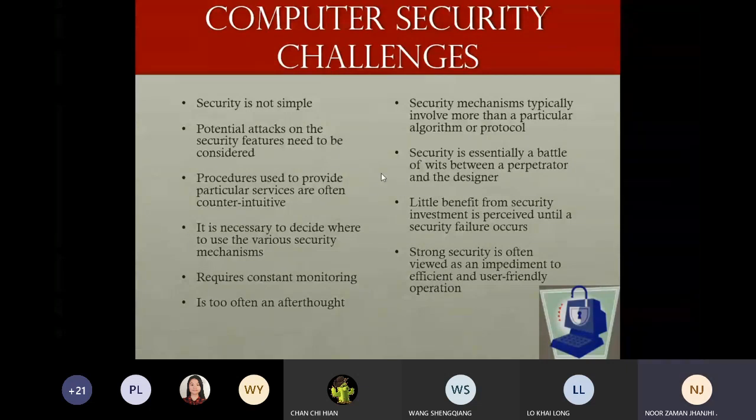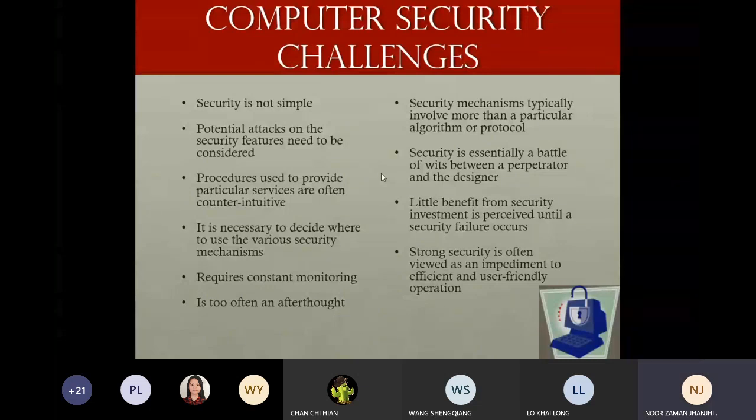Suppose we have a security guard at our home. It doesn't mean that we deploy the security guard, and he comes for 8 hours and then says, sir, okay, my job is done, your security is done, I'm going back. Now we cannot consider that we are secure because we need constant monitoring. We need 24 hours. We cannot avoid that. The same way, we need constant monitoring in computer network security as well. So these are the major challenges.